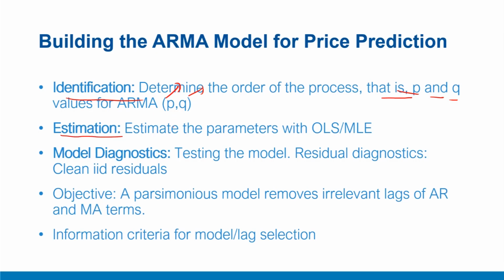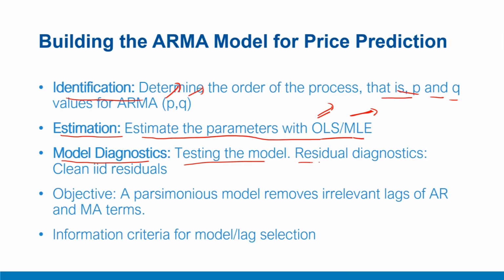these parameters. For example, if it is an ARMA(P,Q) model, you have parameters, that is coefficients corresponding to the AR and MA process, that you will try to estimate with processes such as OLS and MLE. OLS is ordinary least squares estimation and MLE is maximum likelihood estimation, depending upon the context and nature of the model. For example, OLS is more suitable to linear modeling, while the MLE approach can be used for non-linear as well as linear. Then we come, as the last step, to model diagnostics, that is you test the model.